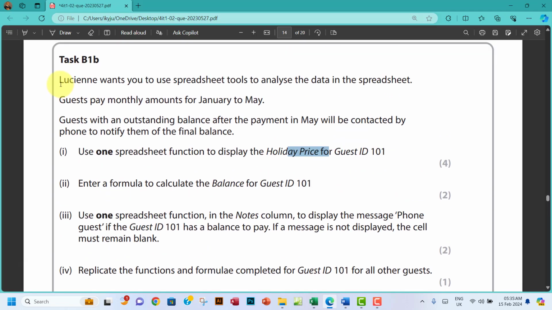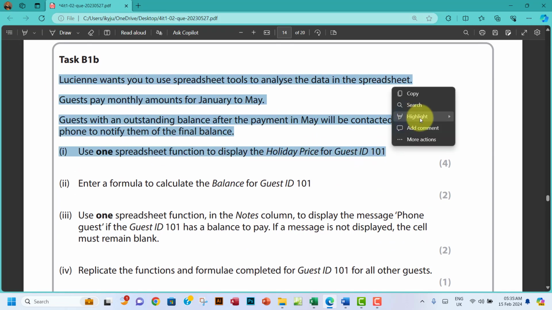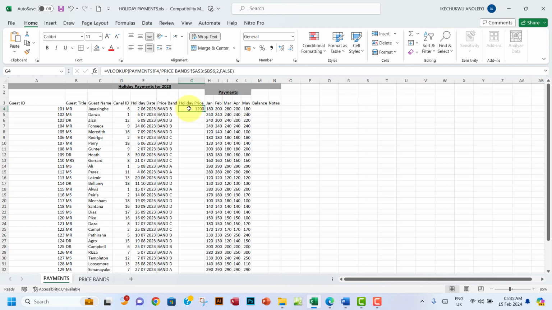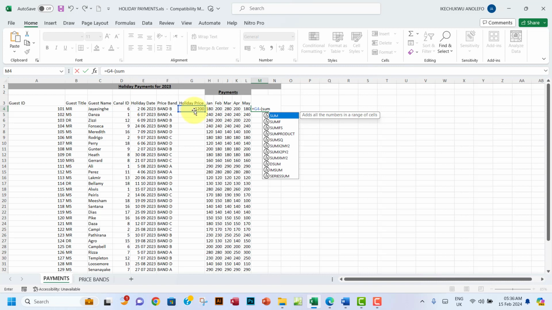So enter. Let me select the ones we've done. All this here is done. Now I enter a formula to calculate the balance for guest ID 101. We can see from the spreadsheet that the holiday price is 1200, and the customer has paid from January to May. So we want to work out the balance remaining for the customer to pay. The balance is going to equal the total amount, which is the holiday price, minus, let me put this in brackets, the sum